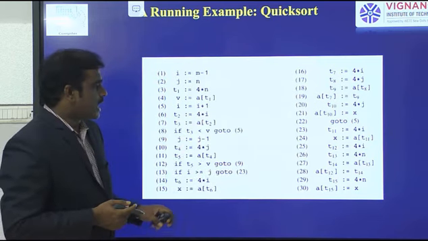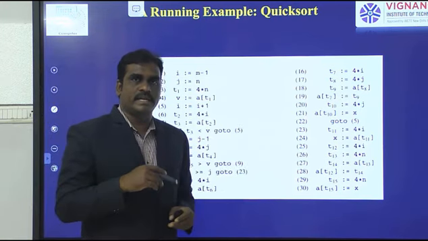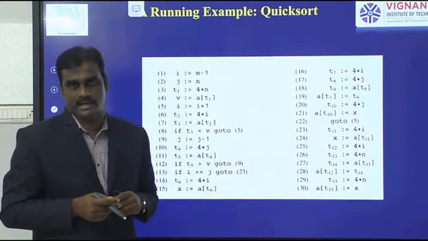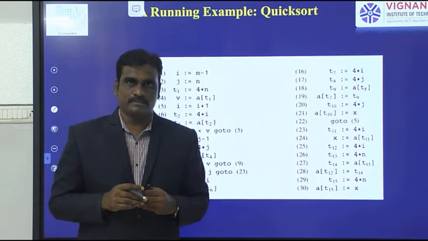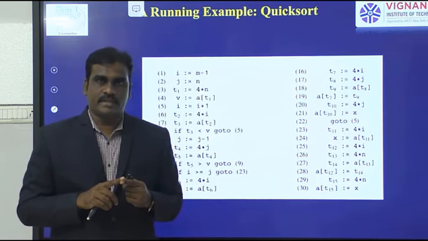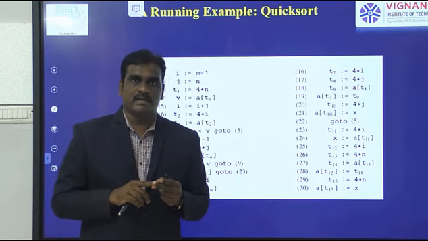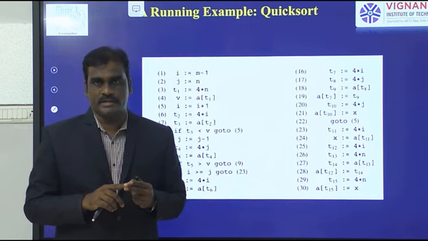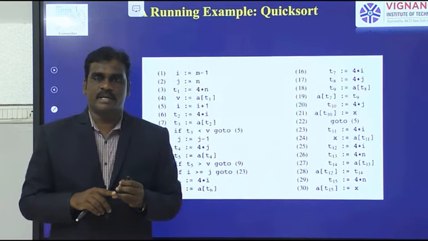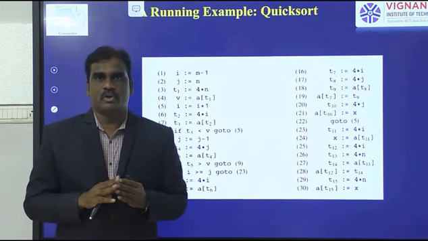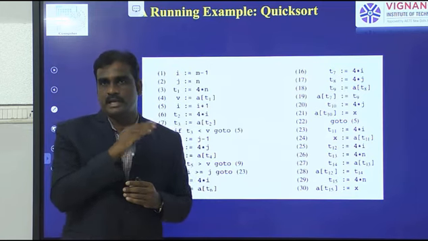Now, after completion of the three-address statements, what is the next step? The next step is to identify the leaders. So how to identify the leaders? There are three rules in total. The first statement is a leader, as per rule 1. Rule 2: the target of a conditional or unconditional goto is a leader. And the third: the statement that immediately follows a goto statement is a leader. By using these three rules, we identify the leaders.